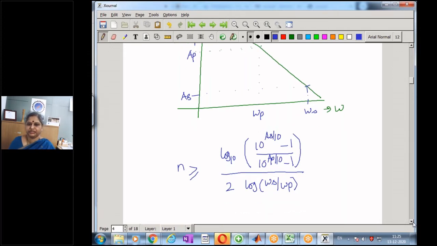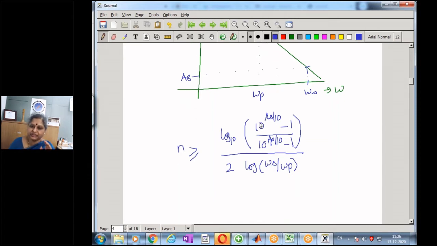So using this expression, once we are given the frequency and the attenuation at any two points in the desired frequency response, we can compute the order of the filter N. And here N has to be the smallest integer which satisfies this condition. So it is not rounding off. Even if after calculation I get N greater than or equal to, say, 2.04, I will still take my N as 3 because only then my specifications are going to be met. We take the smallest integer which satisfies this condition.